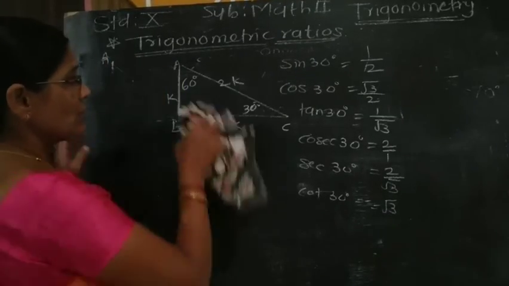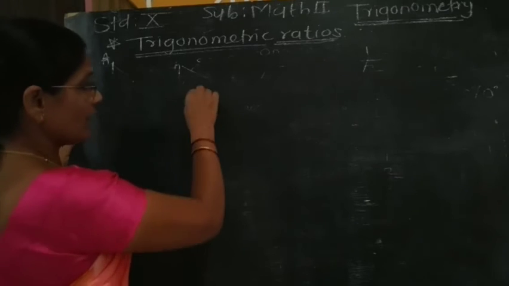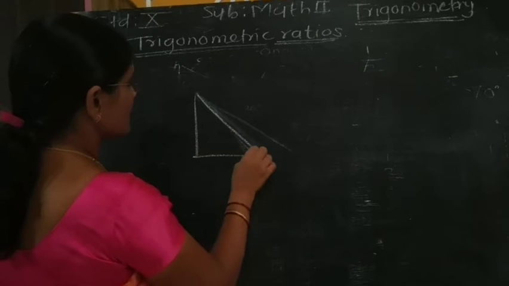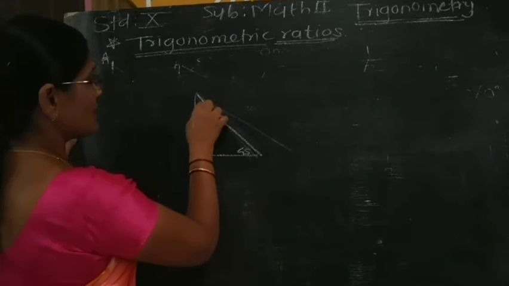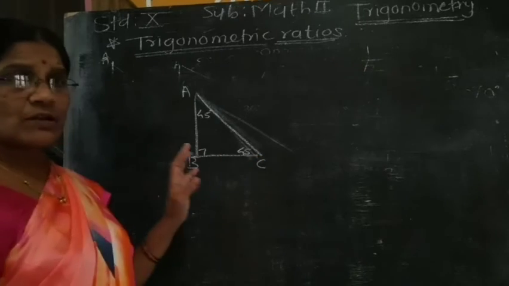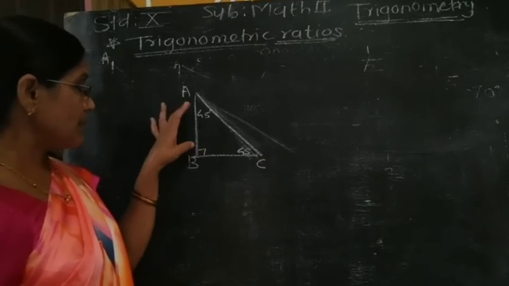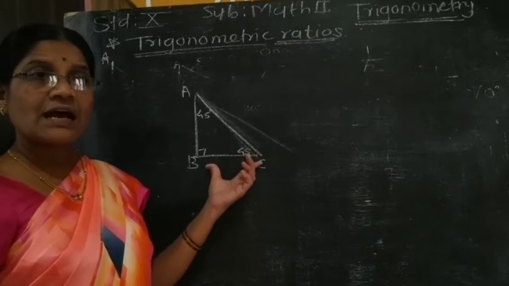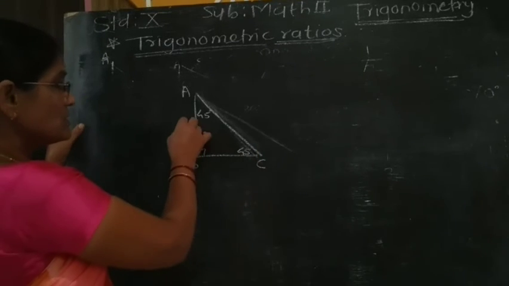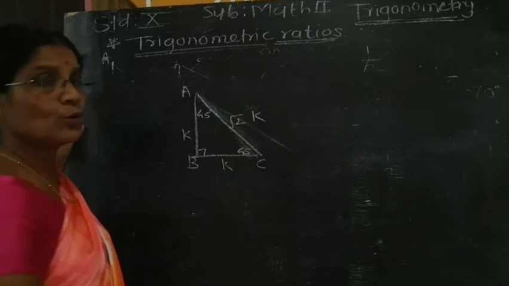And in this way we find out the 30, 60 angle. Now the 45, 45, 90 degree theorem. If this is the triangle of 45, 45 and 90 degree, then according to the 45, 45, 90 degree theorem, the sides making the right angle, meaning AB and BC, are equal. They are 1 upon root 2 times the hypotenuse. Meaning if we consider this as k, then the hypotenuse will be root 2k.